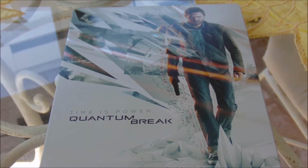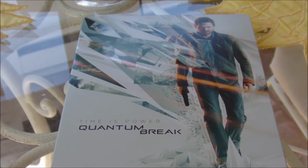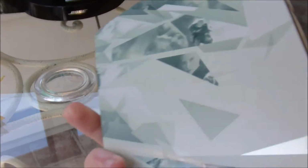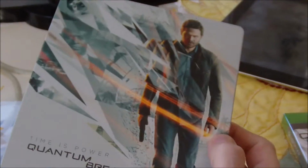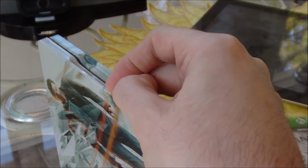I have for you the very first game ever announced for the Xbox One, and here it is, Quantum Break by Remedy. Now, you're probably asking yourself, wow, that's a really cool box. Well, I got some good news and I got some bad news. This Steelbook is an exclusive Steelbook that was released for GameStops across North America. It is a cool looking Steelbook, don't get me wrong, but if you take a quick look inside as I do the unboxing, observe,